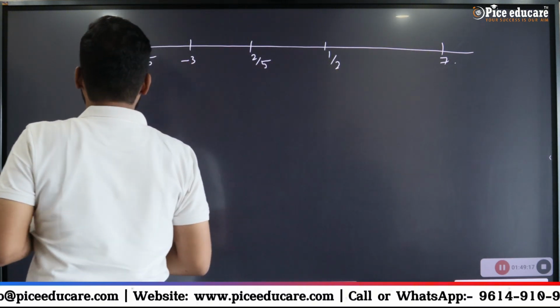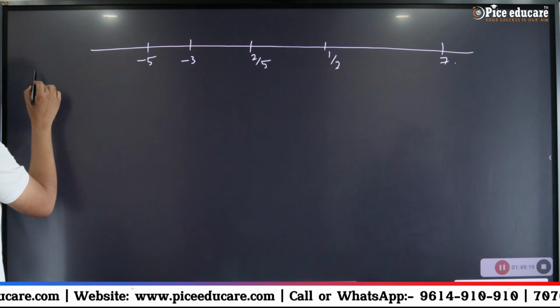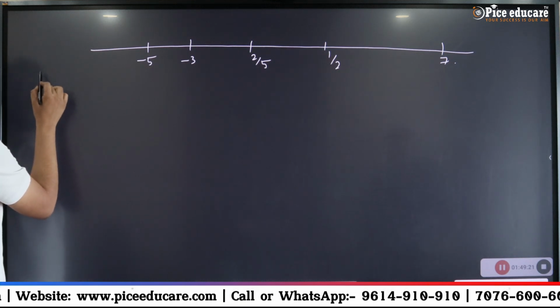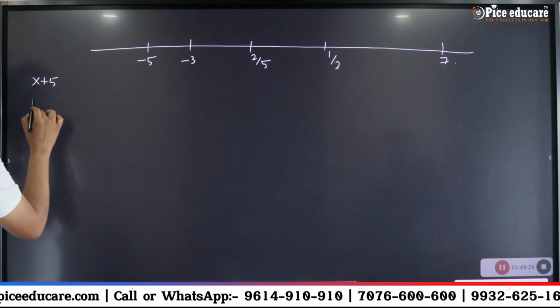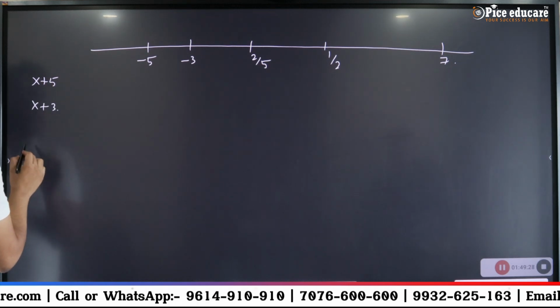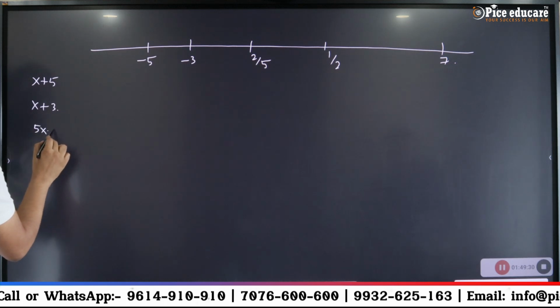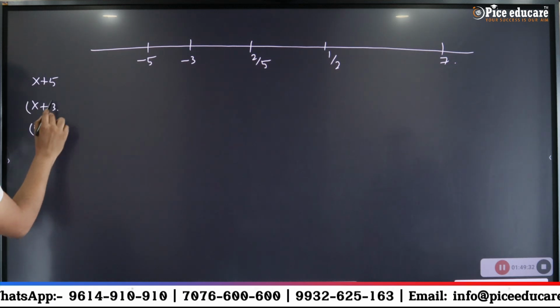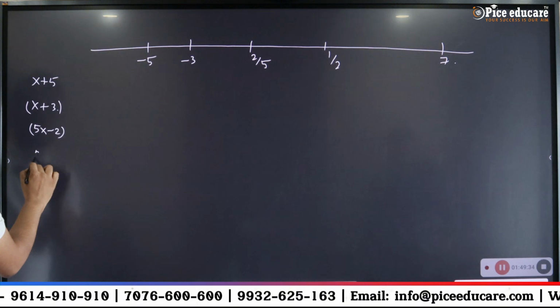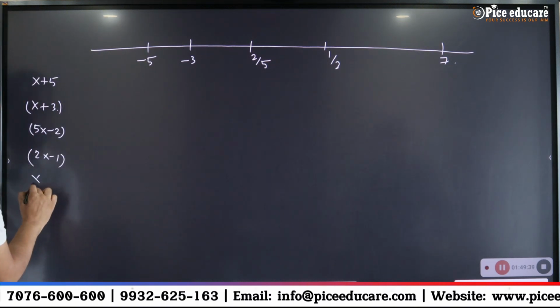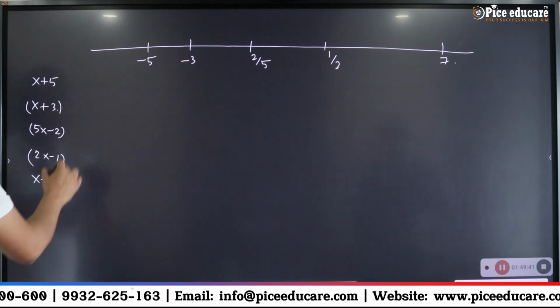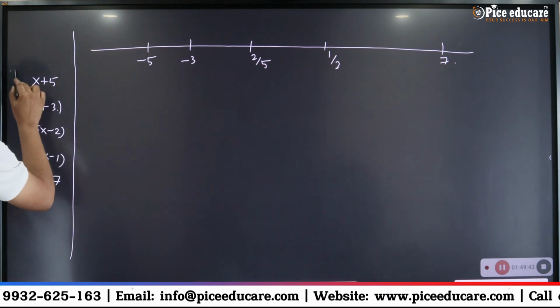Now if I am asking you to list all the factors here, so for example x plus 5, leaving out the power first, x plus 3, then you have 5x minus 2, and then you have 2x minus 1, and then you had x minus 7. So if I try to make a chart like this,